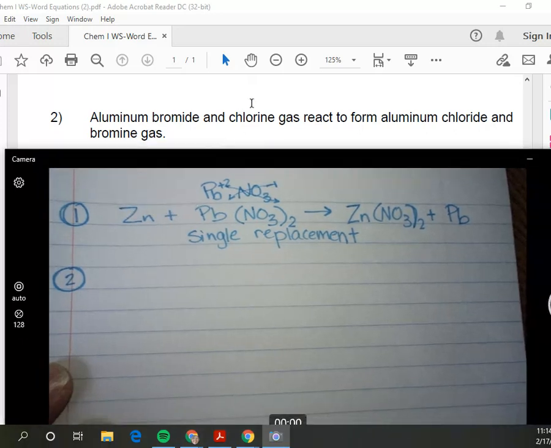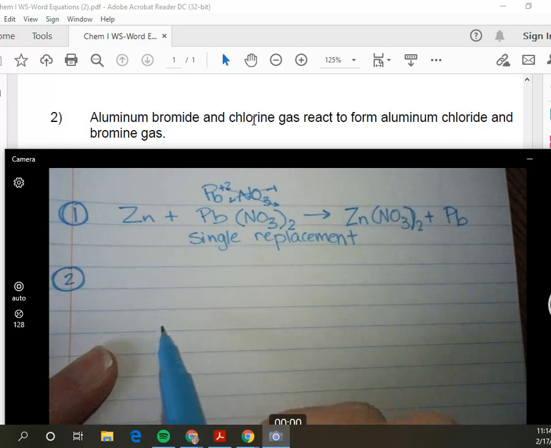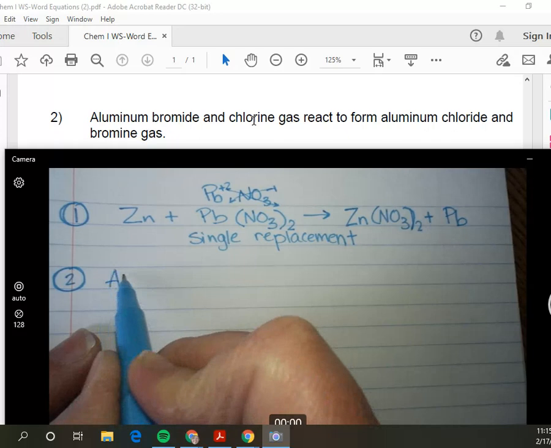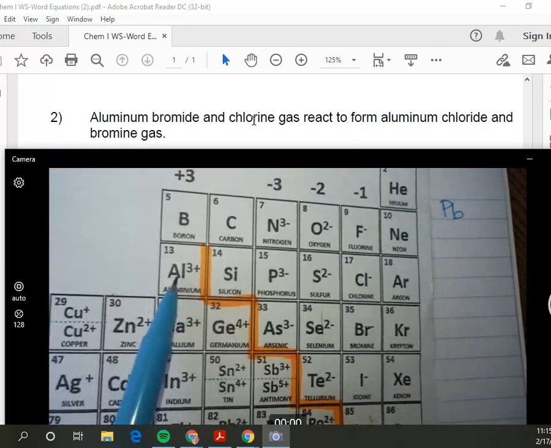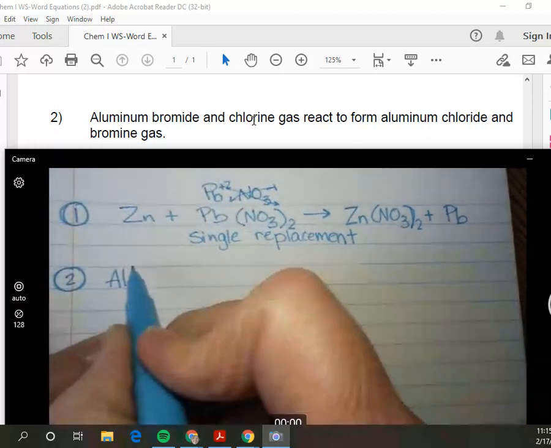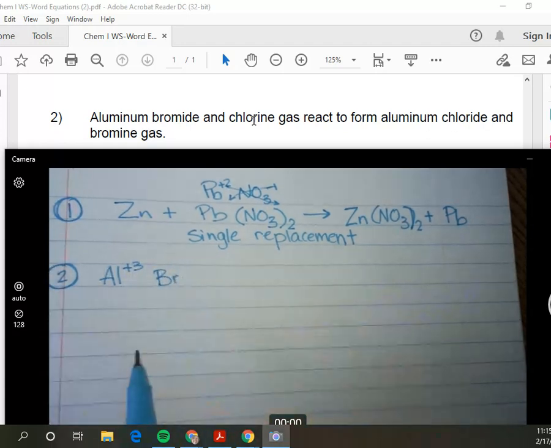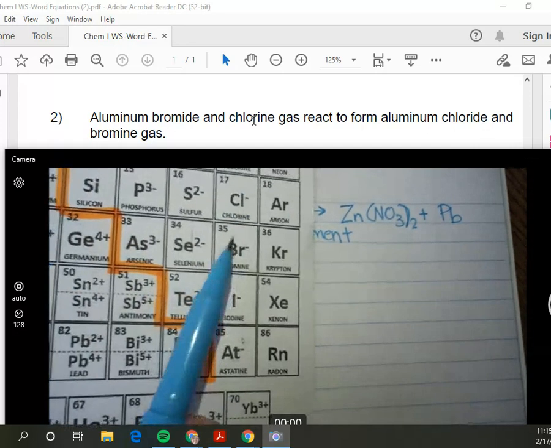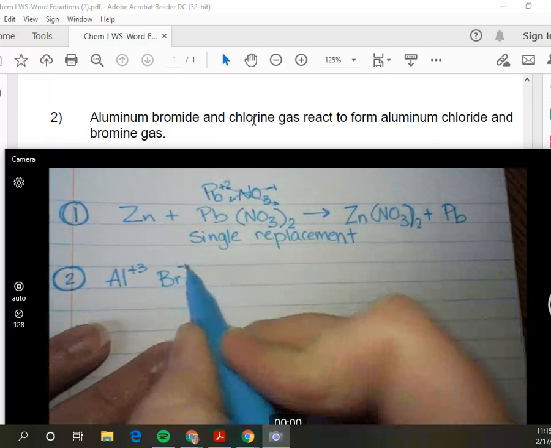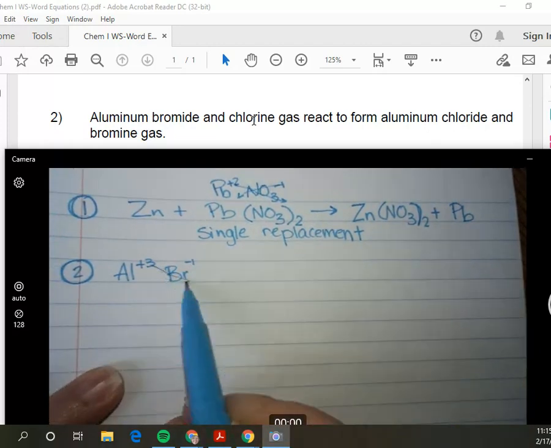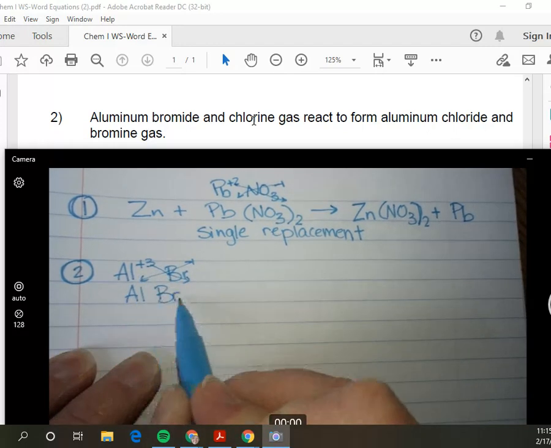Okay, wait. Chlorine we just talked about with the diatomic atoms. So if I look aluminum bromide, that "ide" ending tells me that we have an ion situation. I look back at my cheat sheet from a zillion years ago. Aluminum makes a plus 3 charge. Bromine, which was the bromide, we could come to our cheat sheet, makes a minus 1, but we also know that's in the halogens, the group 7. So again, we're going to crisscross. We have aluminum AlBr3